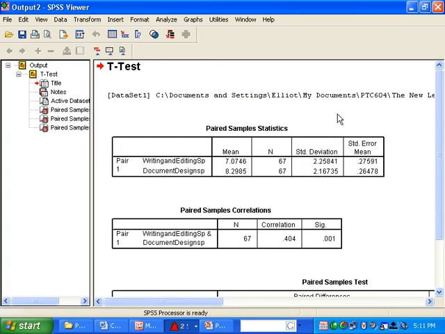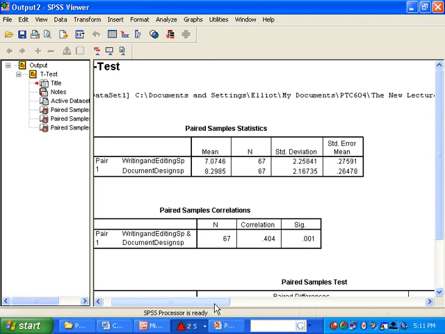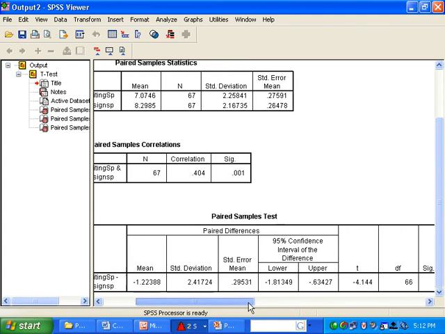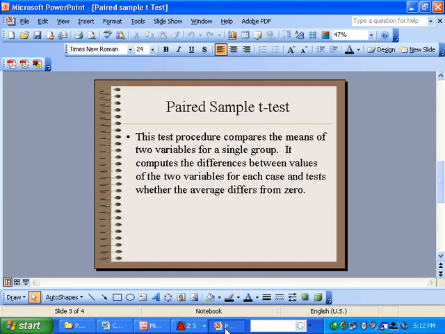If we hit OK, we'll see that SPSS has demonstrated that there are certainly differences in the scores that students received in writing and editing, a mean of 7.07, and document design, a higher score at 8.29. The t-test will allow us to see if indeed those scores are or are not significant. We'll focus here on the degrees of freedom and the t-statistic. Our degrees of freedom are 0.66. Moving to our table